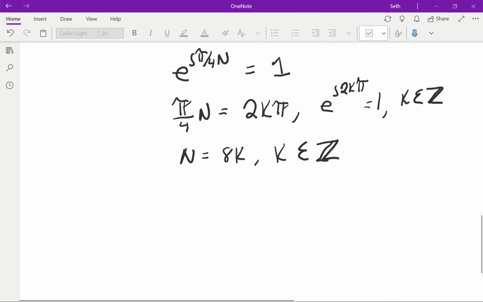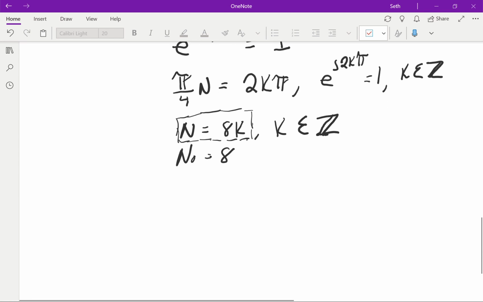It's periodic with the fundamental period N naught equal to 8, and has other periods given by this right here. And we could have found that this condition of periodicity was satisfied immediately from the function